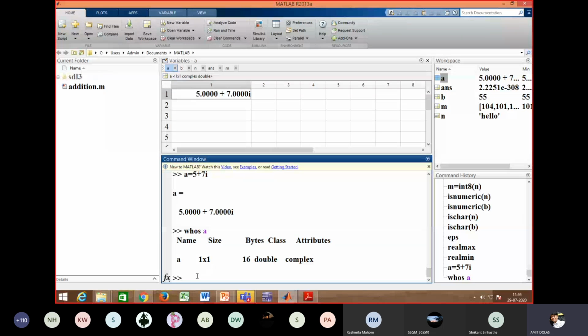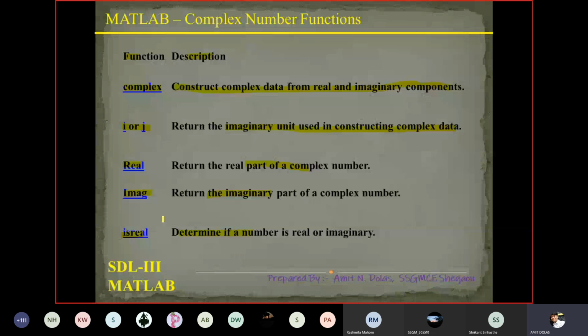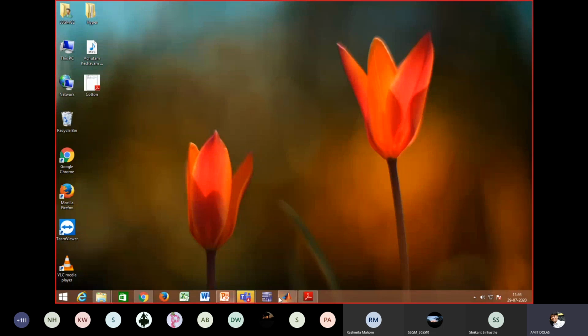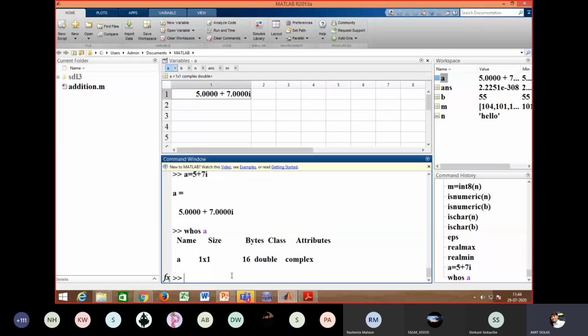So another, I'll say a in brackets. First of all we will see the real function, and real and imaginary parts we will do first. So I'll mention here something, say x is equal to real of a.